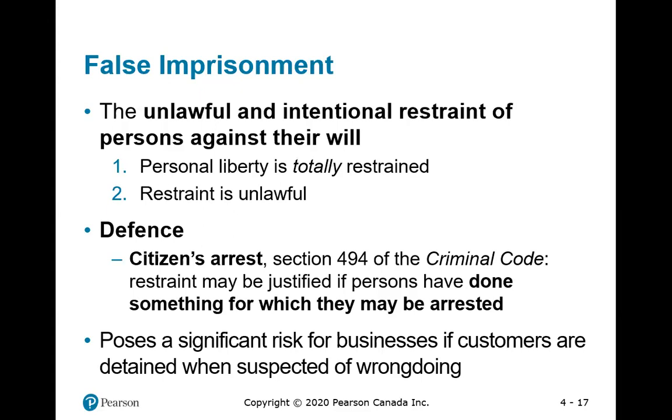What is the defense available here? Well, the defense is if you actually catch someone who has stolen something, because under the Criminal Code, we citizens can arrest others as long as they committed a criminal offense. So as a security guard or, I don't know, an instructor, a regular person, an individual who has seen someone stealing something and they have the stolen goods with them, I can arrest them. But right away, I need to call the police because I cannot keep them for long. Okay?